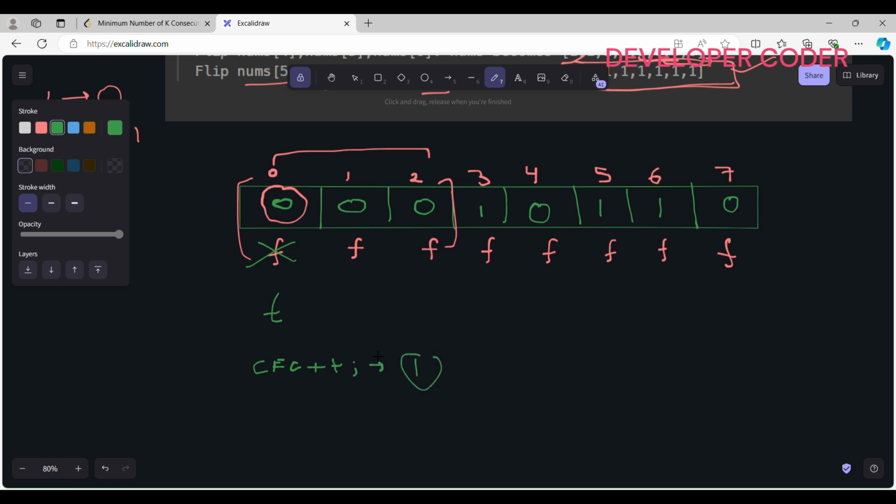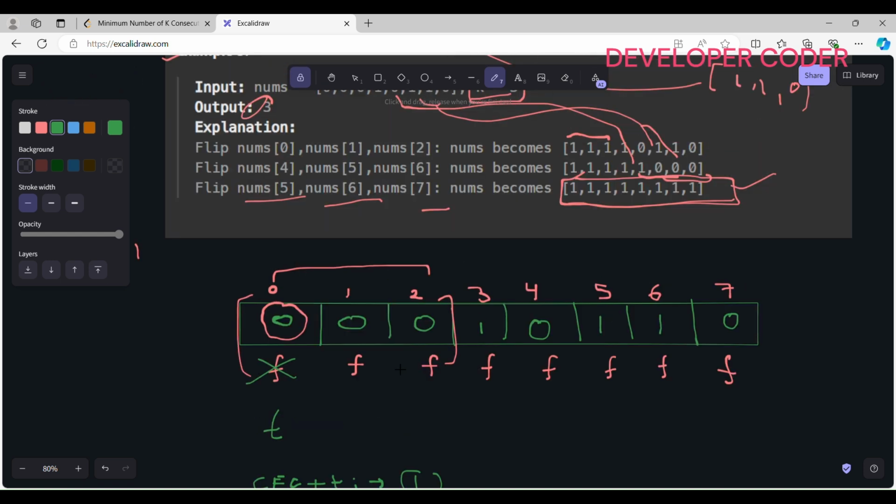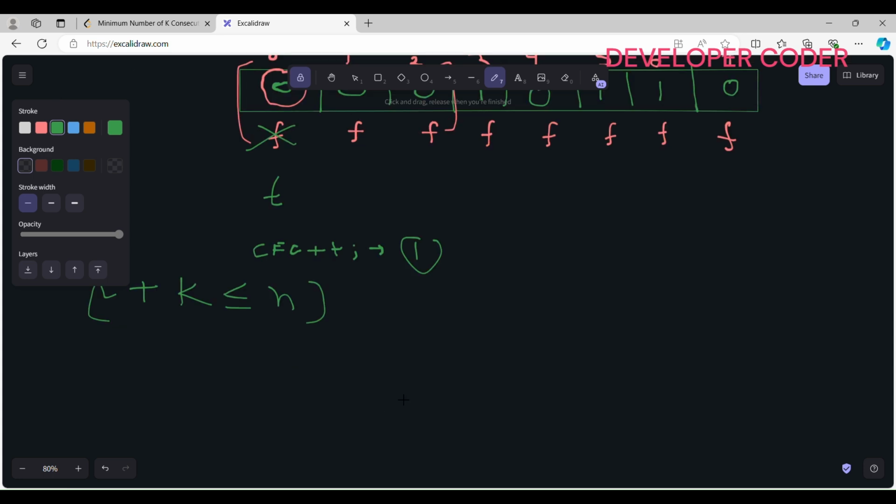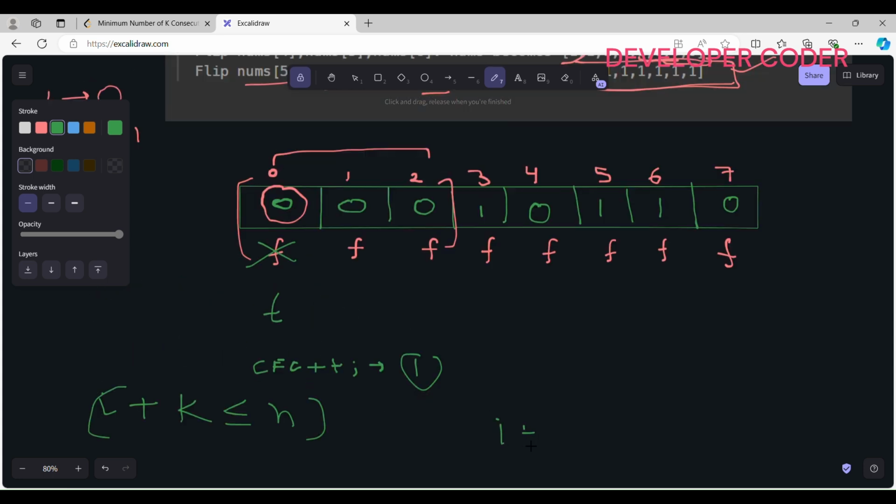And I need to perform all these operations only when the value of i plus k is less than or equal to n. Only in that case can I make a subarray. If the value of i plus k is greater than n, then I have to simply return minus 1,